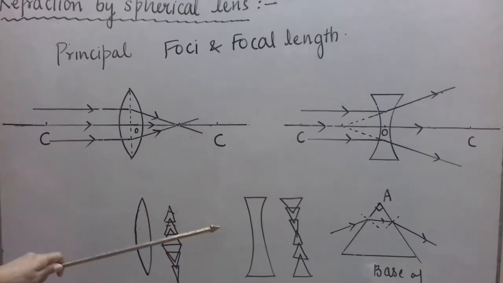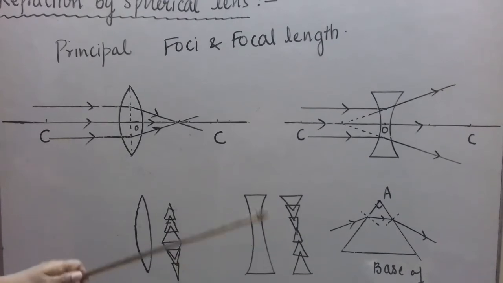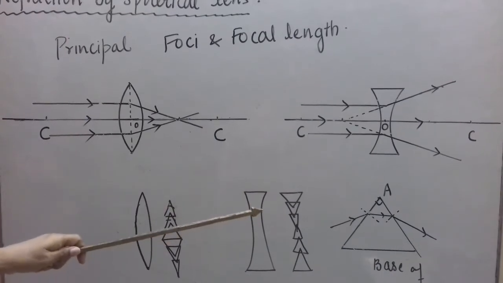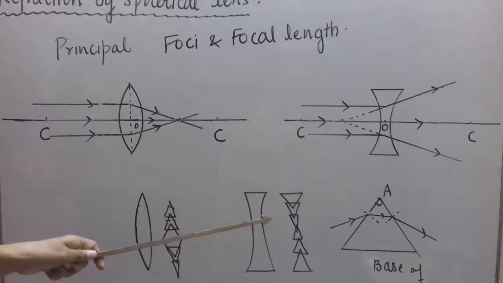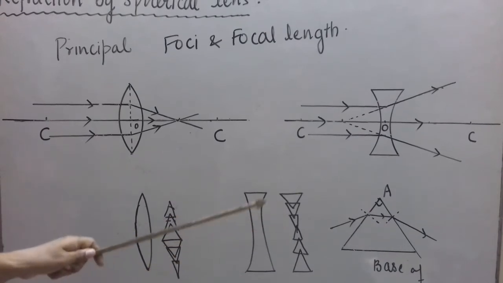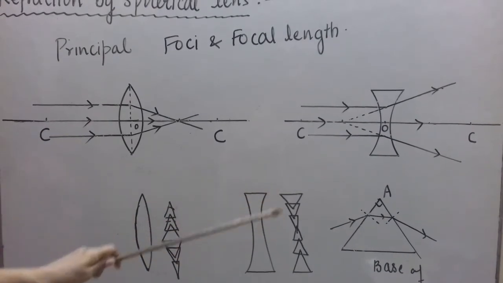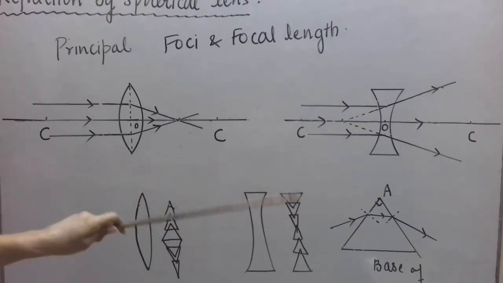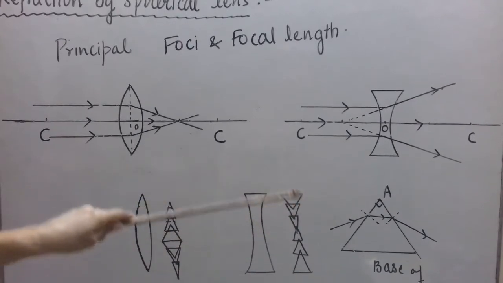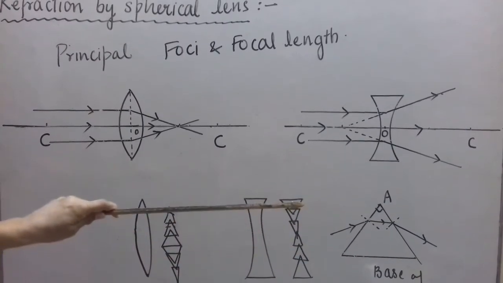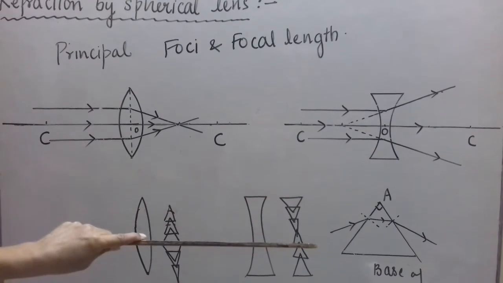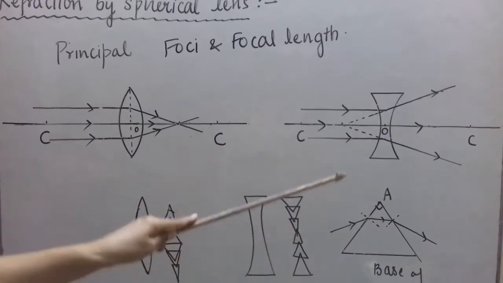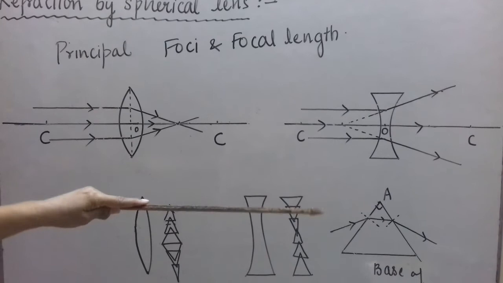Even before we look at this diagram, have a look at the prism ray diagram. Remember, in a prism, when a ray of light is incident, first it bends towards the normal, as I have shown here, because it is entering from air into glass, rarer to denser medium. So it is bending like this, towards the normal. And again, second refraction takes place at the other refracting surface of the prism, and now it is moving from denser to rarer medium. So it bends away from the normal, and again this dotted line is the normal, so it is bending away from the normal.